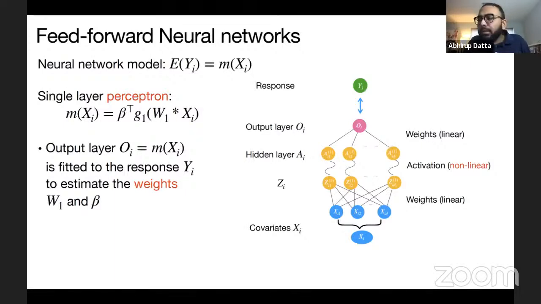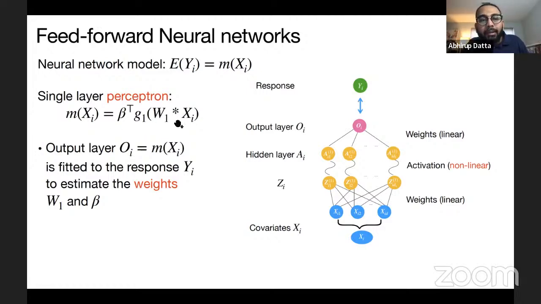So the neural network, for a regression task, is basically a specific family of nonlinear functions. If you're modeling y as a nonlinear function of x, a single layer feed-forward neural network, or a single layer perceptron, is basically this specific nonlinear function of x.